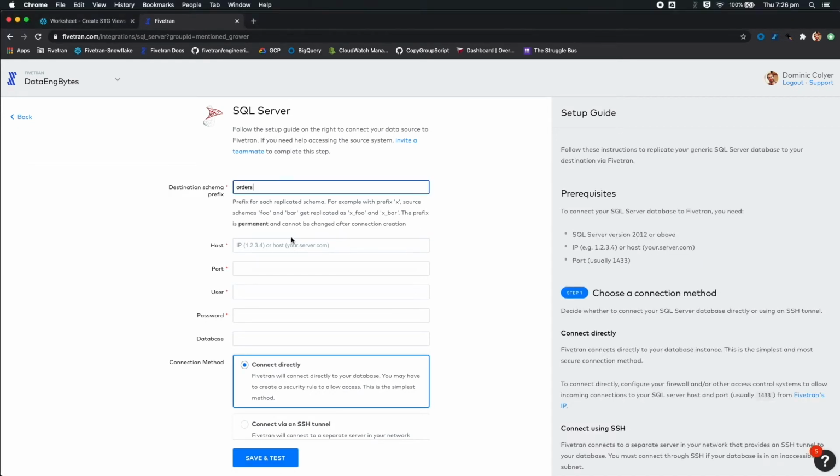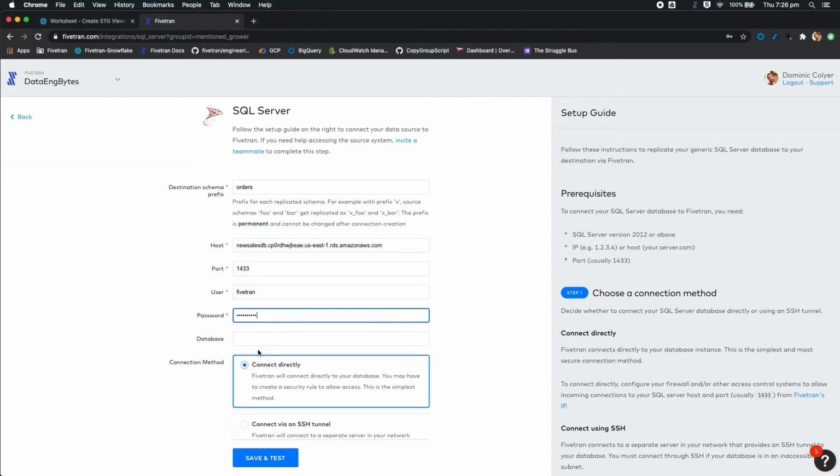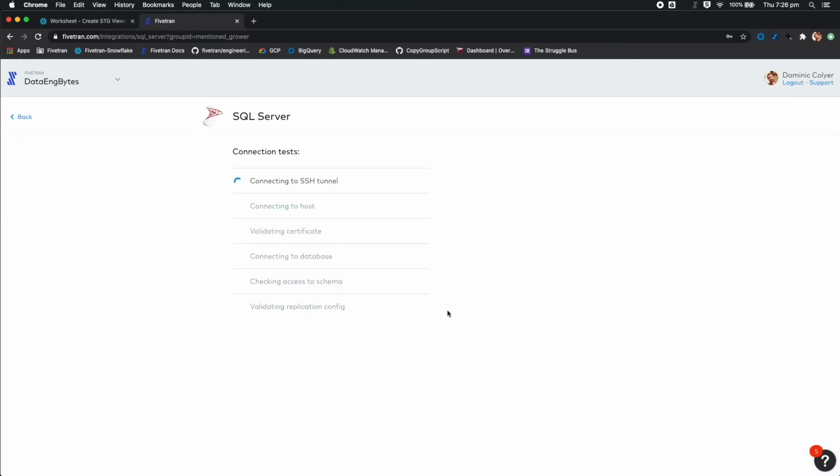And this is what it's going to be called inside our Snowflake database. Let me just connect up here with our username and passwords and our sales database. So while this is running some connection tests,